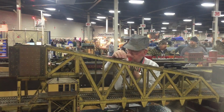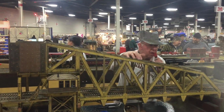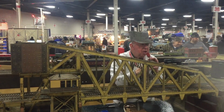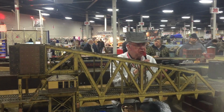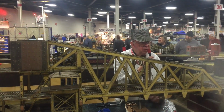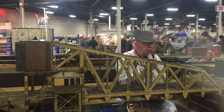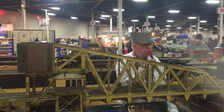Now that circus train that's somewhere around here, there it is. My wife and I built that. Yeah, they were kits, but when you opened the box, it was mostly pieces of wood and plans. Some of them may be in the correct shape, but that was about it. How long did it take you to do that? Oh, it's been about 3 or 4 years easily, because it was